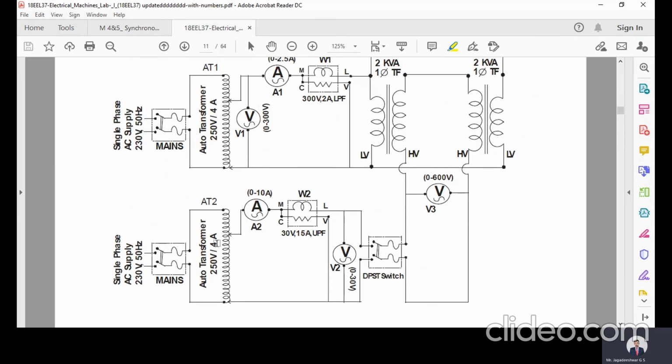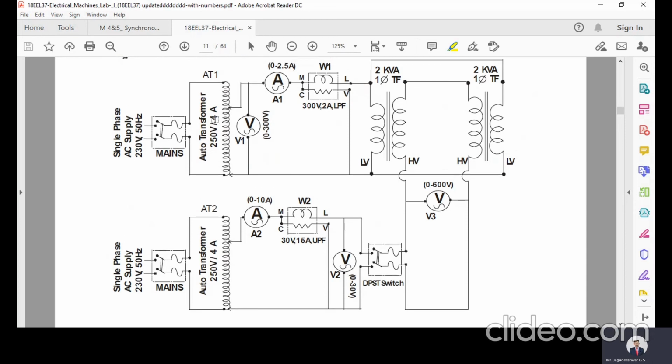Coming back to the other part of the connection, the output of auto transformer 2 is taken to the ammeter, and it is given to the M terminal of wattmeter 2. MC is shorted. L is given to the secondary 0% of the first transformer, and the neutral of the auto transformer is connected to the primary 0% of the second transformer. In between, you can see there is a voltmeter connected to check the polarity of the transformer. If it reads 0, the polarity is the same. If there is any deflection, you have to change the polarity of any one transformer. Then there are two voltmeters we are using here to measure the voltage across auto transformer 1 and auto transformer 2, V1 and V2.